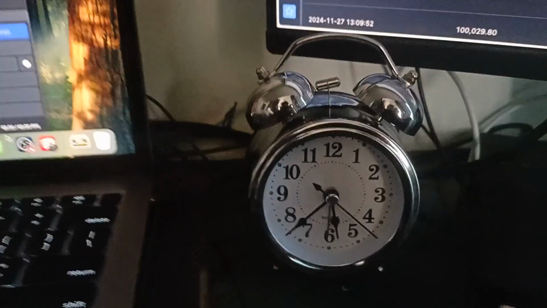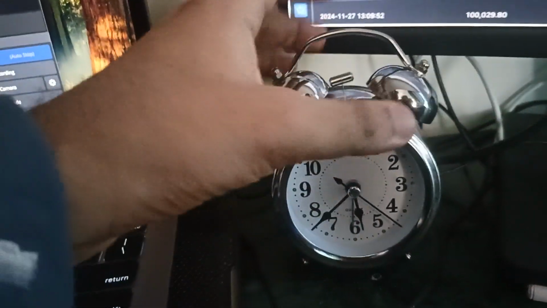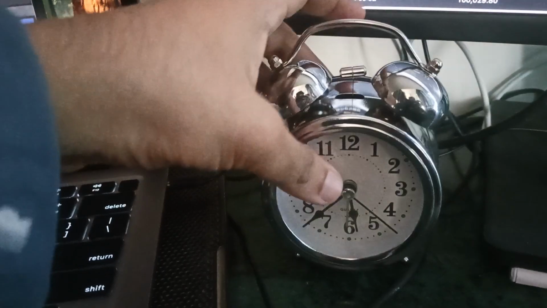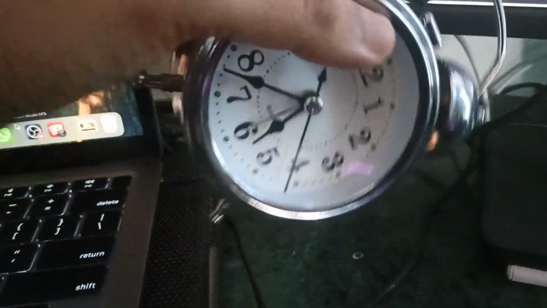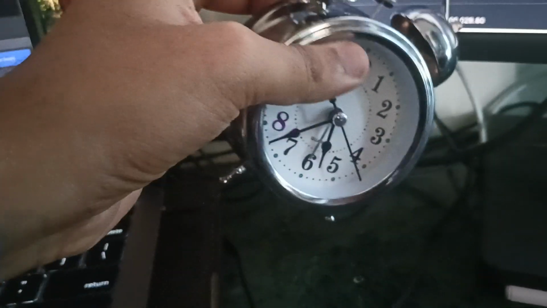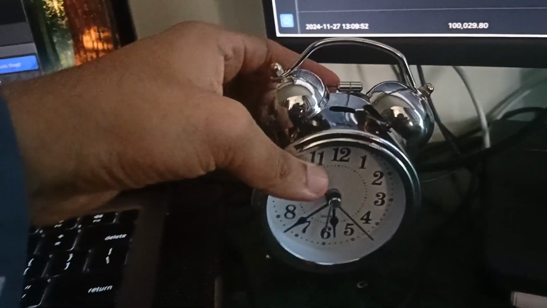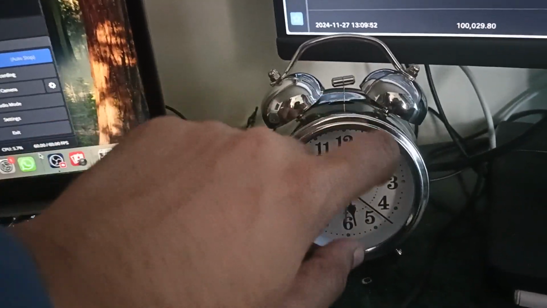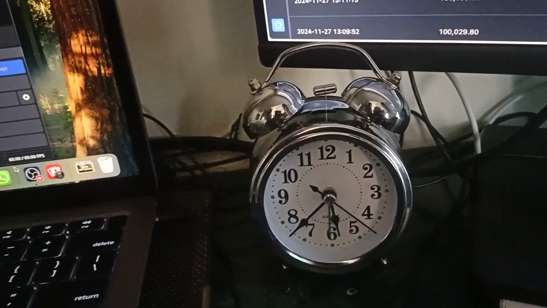I got a clock for myself for the New York time. I use it for the New York time. Currently this is not working, but it has got a bell, an alarm in it. You can set alarms, but currently this is not working because I haven't gone down to get my battery, so I'm going to get it by today. And this is my